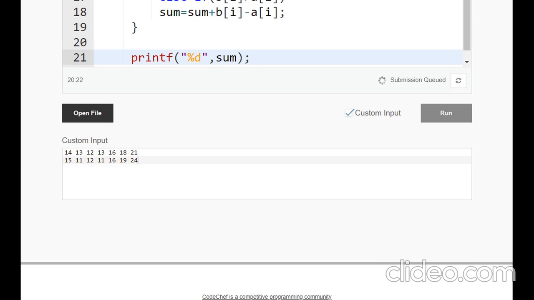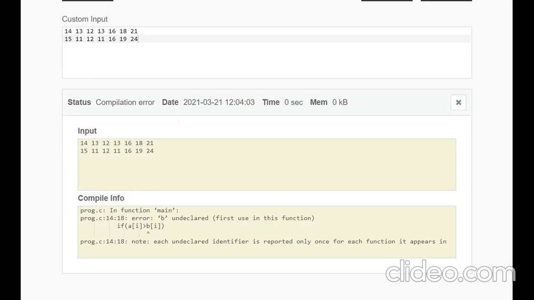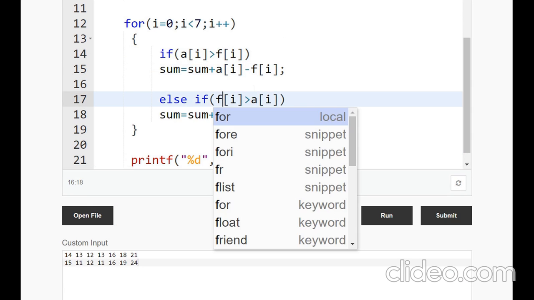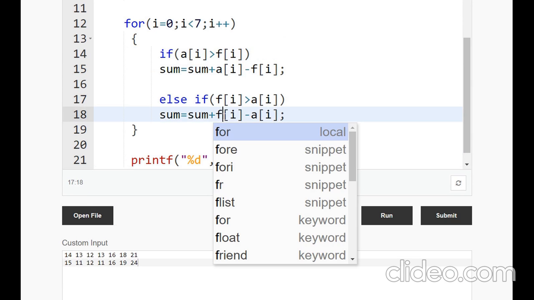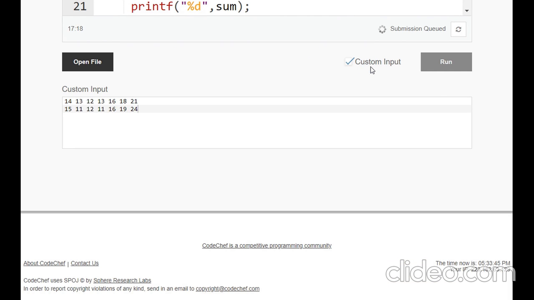I'll run it. What is the expected output? Expected output is 9. Okay, these are A, not A and B. They are A and F. So that's why this is the error. A and F. Okay, then I'll run this program now.